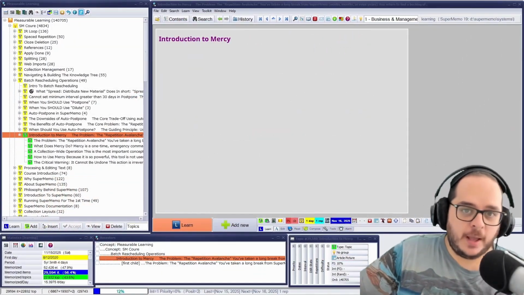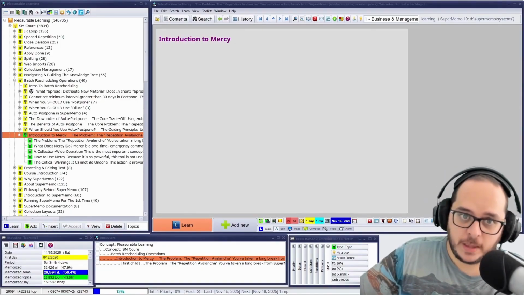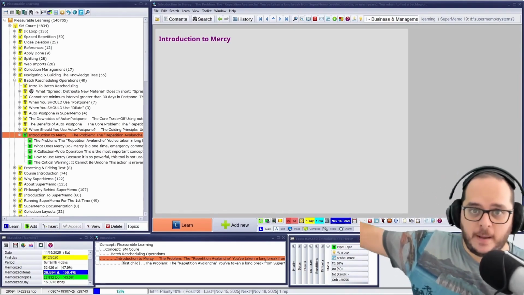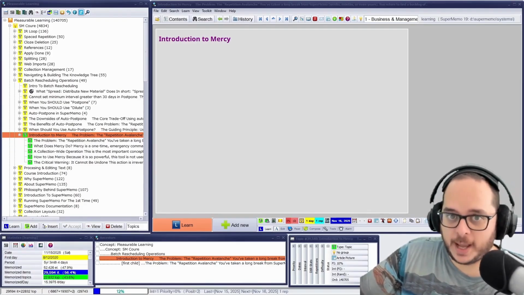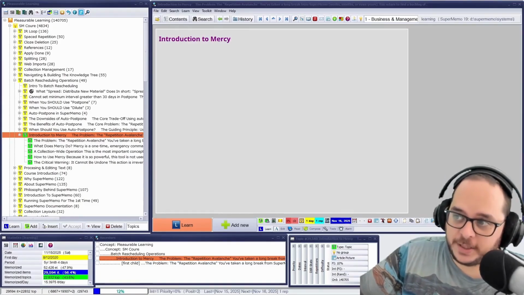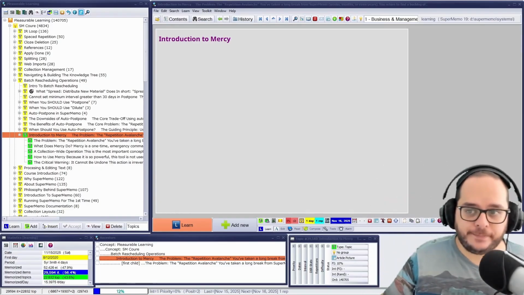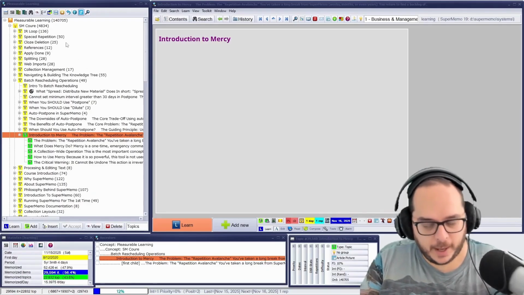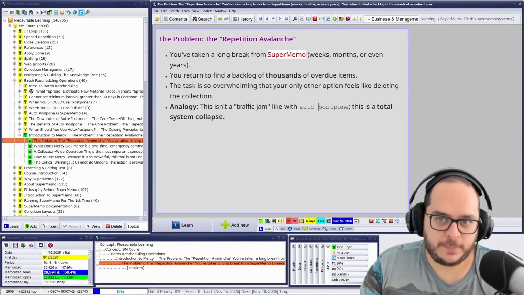So finally, we have the final boss of rescheduling features in SuperMemo, and it's mercy. In the fluency track, we're only going to see it to present, hey, this exists, but please don't use it. Don't use it unless you fully understand what it does and how powerful it is, because most of the effects are seen long term. So perhaps next year you realize, oh shoot, I messed up. That's why, just don't. Wait for the mastery track to do it. Then, let's present it.